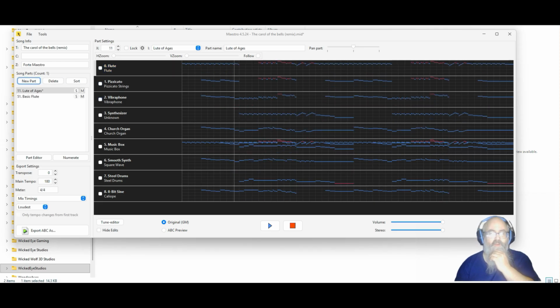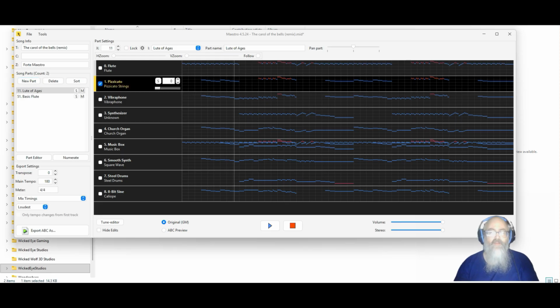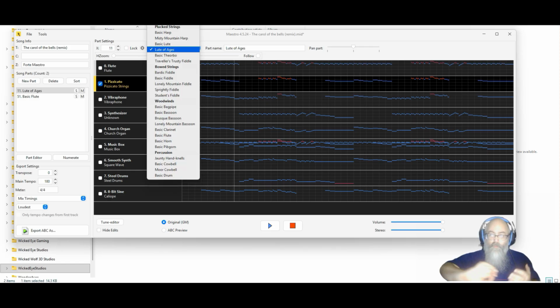So you first want to hit new part. You want to assign that part, and I'm going to assign an individual instrument as much as I can to every single one of these to begin with, and then I'll help you negotiate how you might combine the stuff to have smaller total parts. But we're going to go with it's a stringed instrument. It's a bowed instrument. We have long strokes, and so